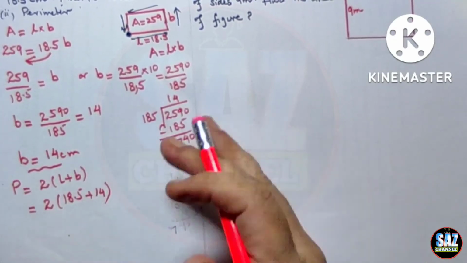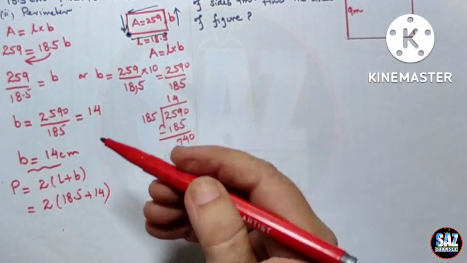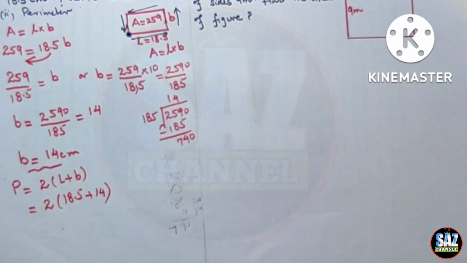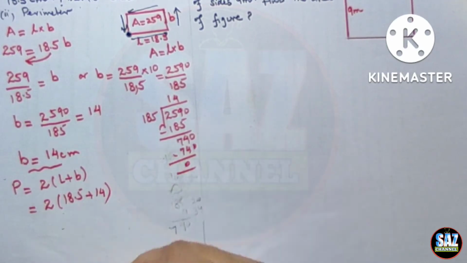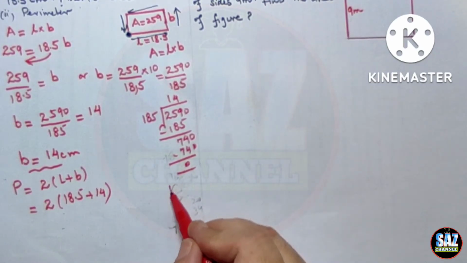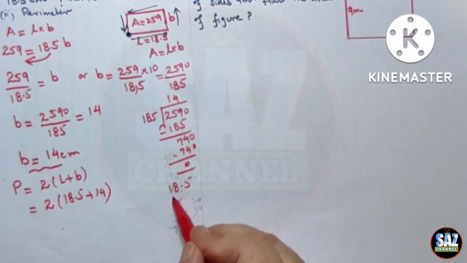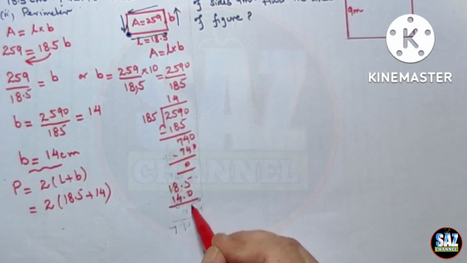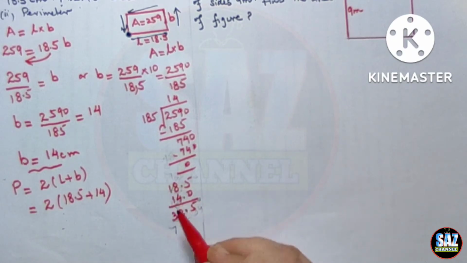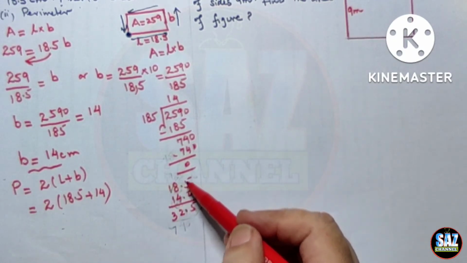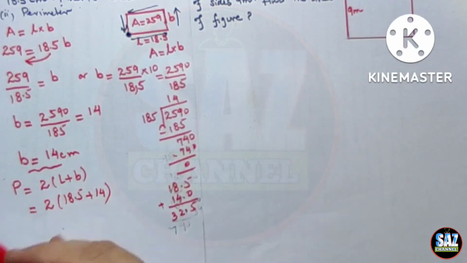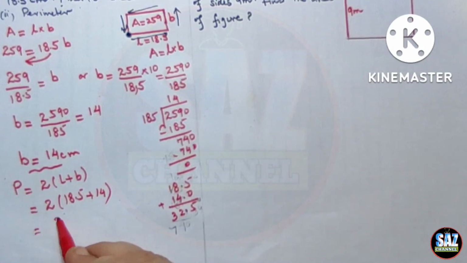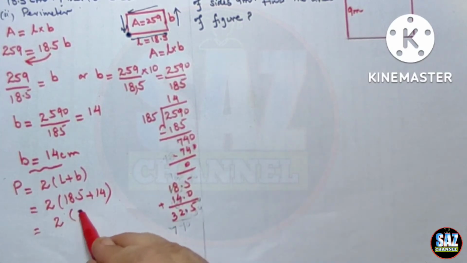Okay, as I'm doing this especially for the junior students, let me complete the division process here as well. 740 minus 0. Now first I have to add up 18.5 and 14.0, and this gives me 32.5. Let me recheck this. 5 plus 0 is 5, 8 plus 4 is 12, and 3. So it will give me 2 into 32.5,